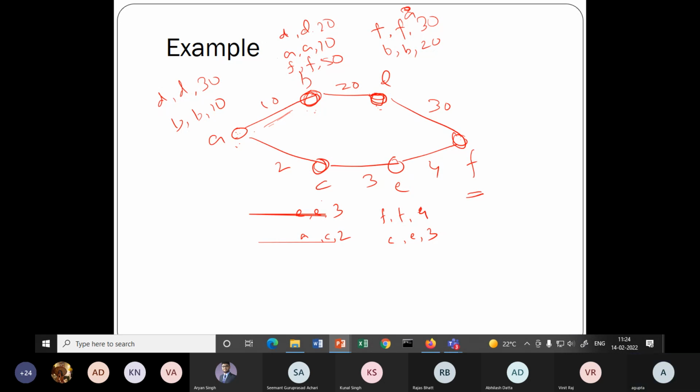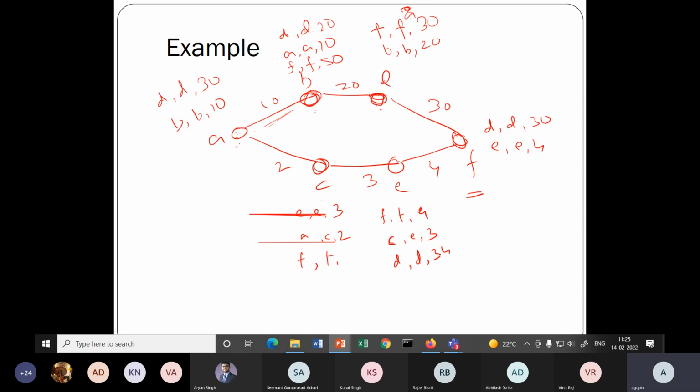All right. Similar things will happen here. So now F will advertise. Okay, let's do that F thing. F will have a D 30, and then E 4. So F will advertise this, and then I will get a D 30 plus 4, 34. E will not be changing because E is itself. Similarly, E will advertise and C will get an